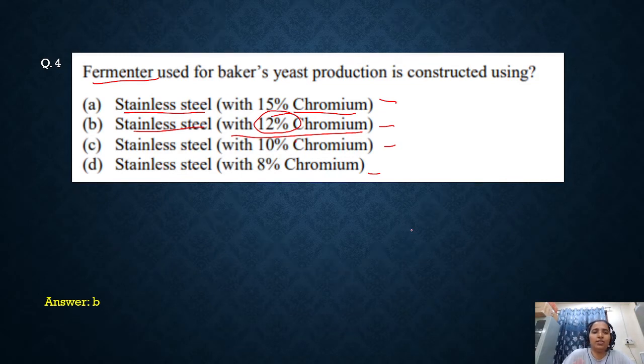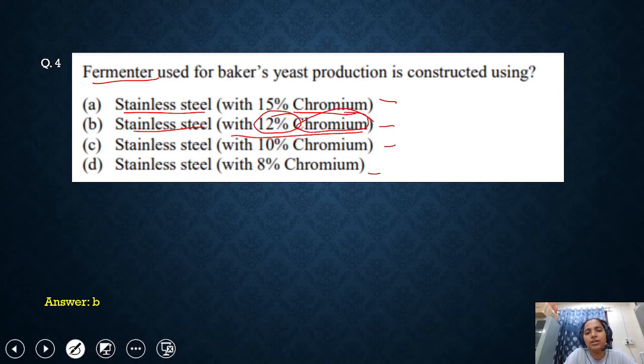Okay, no one knows or no one wants to answer. Okay, this chromium is mainly used to protect this baker yeast fermenter from acid, so that it won't degrade by the acid or the pH. So that's why this chromium is used. Okay,